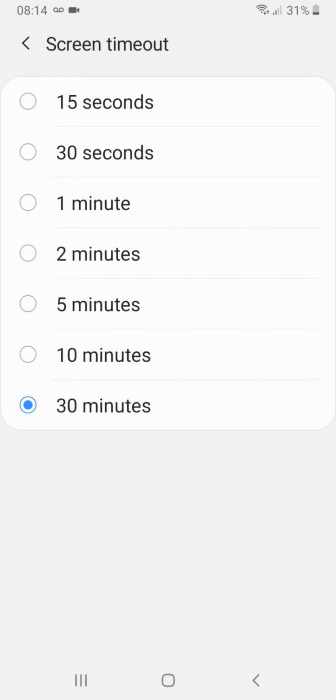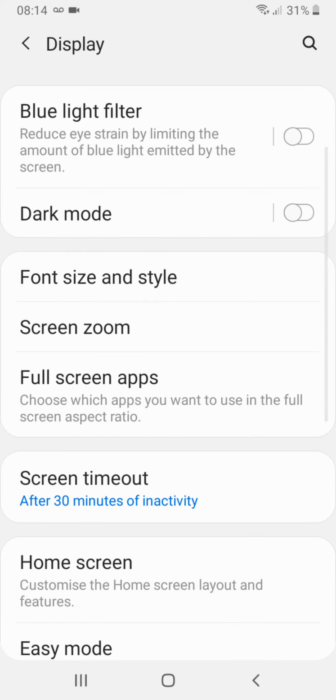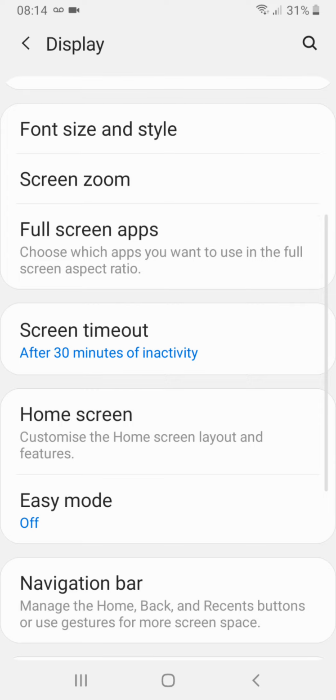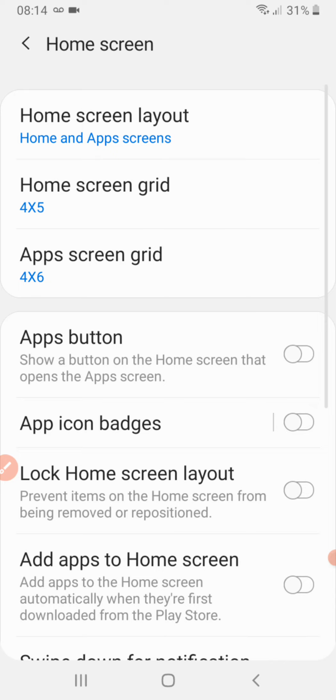And then it will time out then. Makes it a lot easier. And do that on your tablet as well. So your home screen layout, again, depending on how you like your phone, you can change your layout